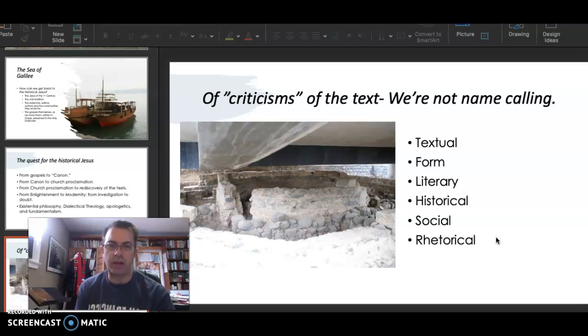Social criticism is when you take a look at the social dynamics that are part of the text, and you try to understand what kind of social dynamics are in play and what it represents. What are the relationships between Herodians and scribes and Pharisees and Sadducees, and how do the disciples fit in? How likely is it that you have 12 single males walking around following another single male in first century Judaism? What does the family situation look like? How likely is it that the woman at the well, as a Samaritan, can happen upon Jesus in this? So those kinds of social dynamics.